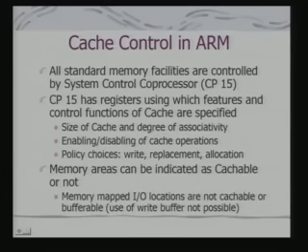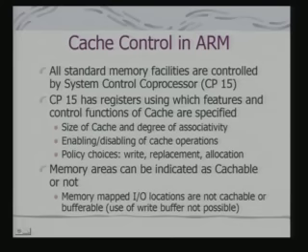For this purpose, the ARM core has some facilities. In fact, we had discussed coprocessor instructions and the use of coprocessors in ARM. The most important coprocessor that ARM uses is coprocessor 15, which is called the system control coprocessor, and whose job is to manage its standard memory facilities including cache.